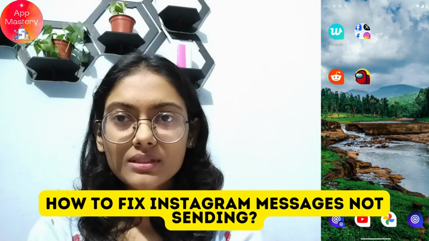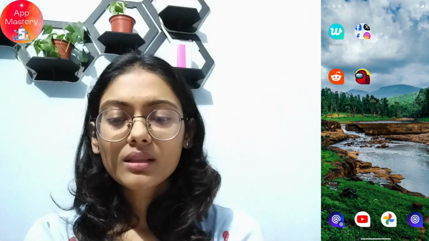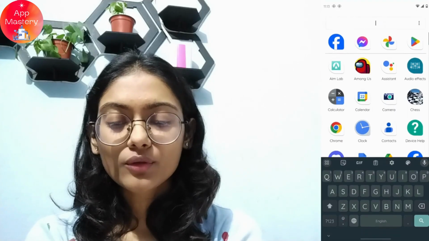How to fix Instagram messages not sending. So if you're facing a problem with Instagram messages, then first you can open up your settings,